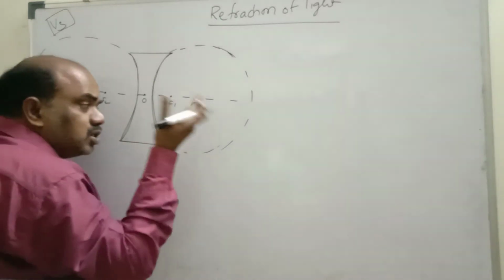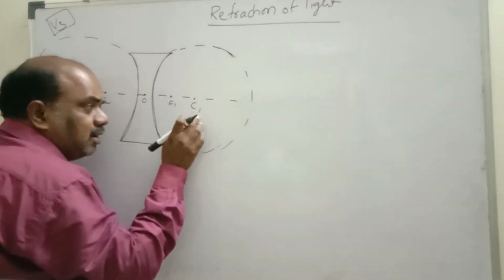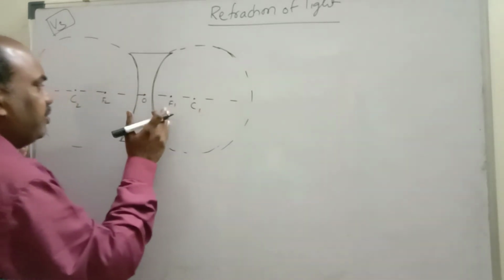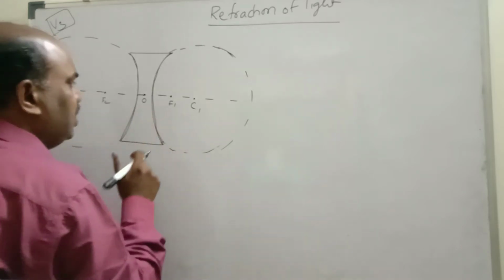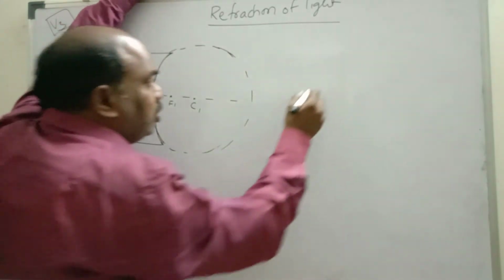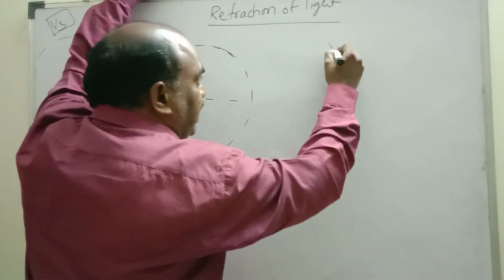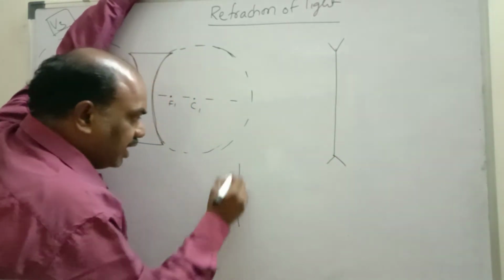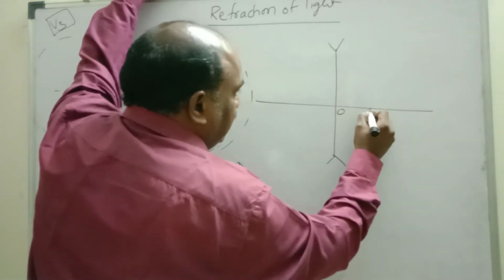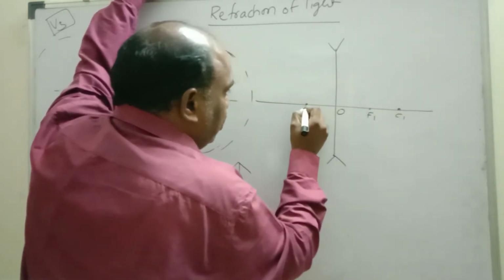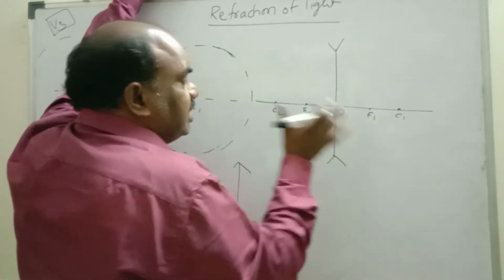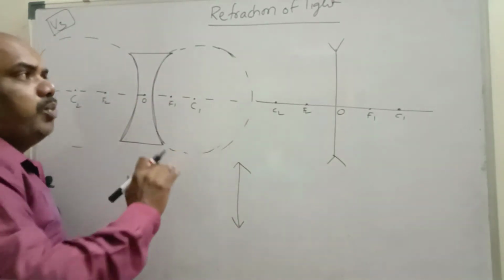Sir, in the last video on the convex lens, you put C1 here, now you put it there. No problem. C1 and C2 you can take on either side, this one C2 F2 or this one C1 F1. No problem. Why? Because it is a symmetric lens. This convex lens and this concave lens you can draw like this: the same straight line but with the arrow marks reversed. In the convex lens we draw the arrows like this, here the arrow marks are reversed. Principal axis, optic center, F1, C1, F2, C2. That means a concave lens consists of two foci, two centers of curvature and one optic center. Remember children, very very important.